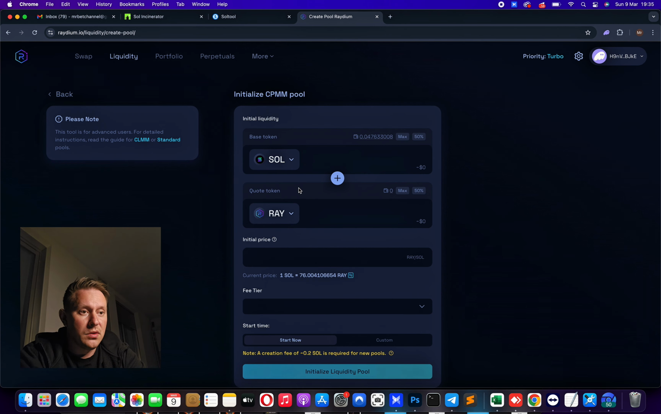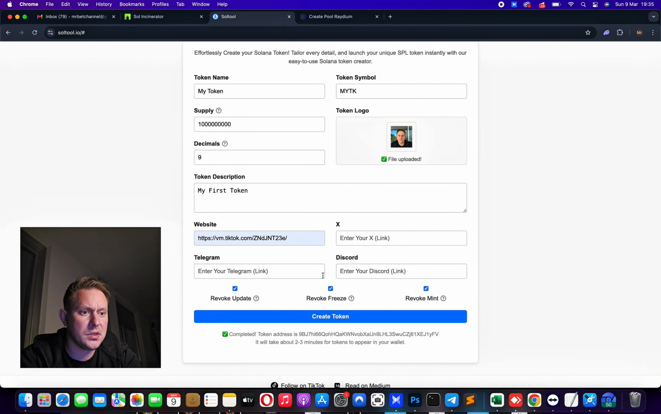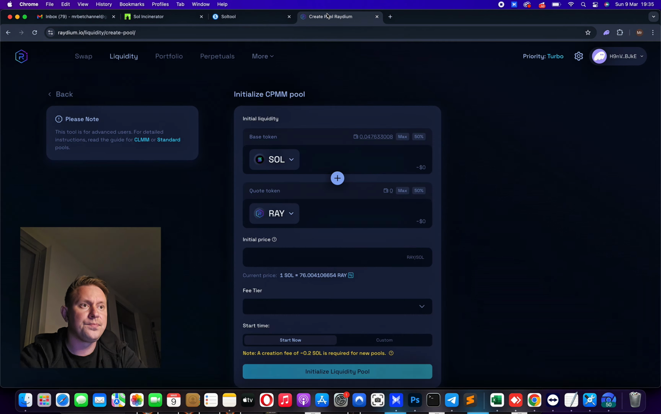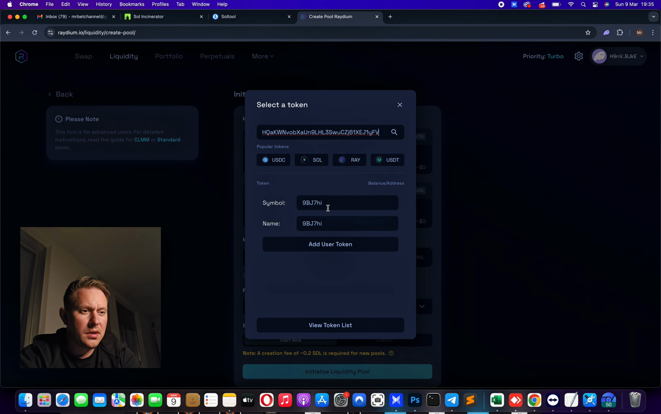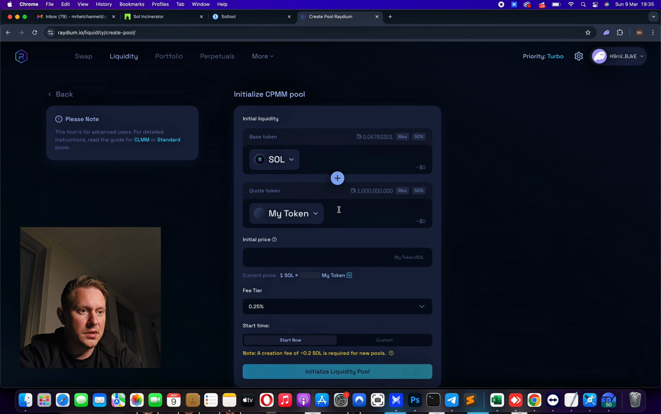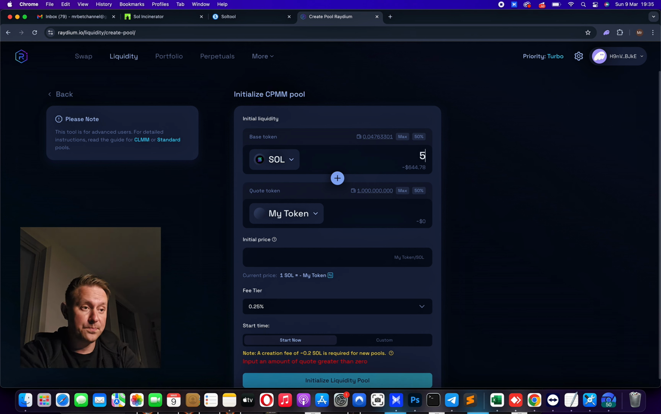So then you select, let's find our token address. So token is this. Let's copy. And then you select your token. You write my token, add your token. There it is, our token here. And then basically you can select in here, let's say I want to put 5 Solana into the liquidity pool. So it would be $644. And then you can mix it with